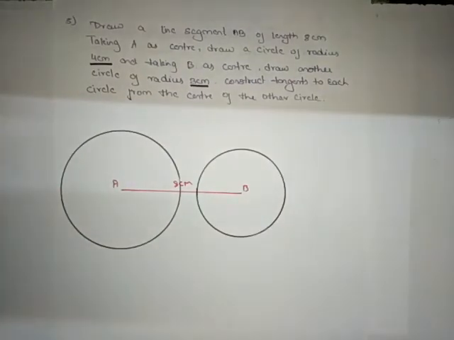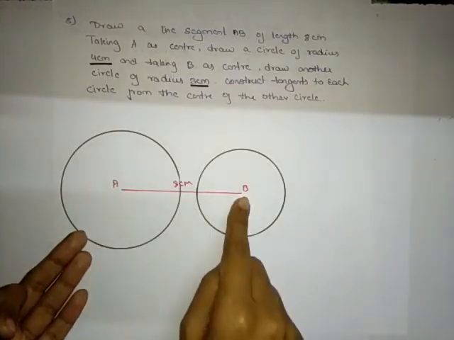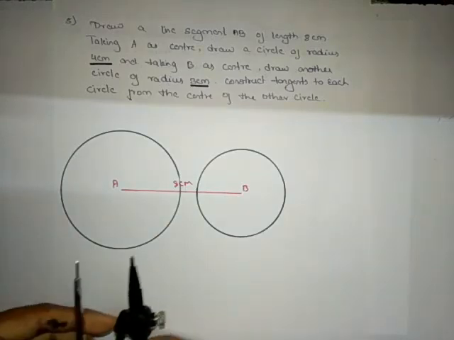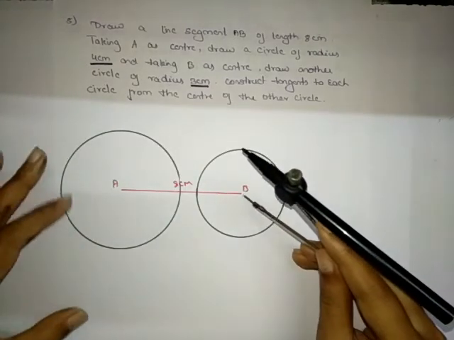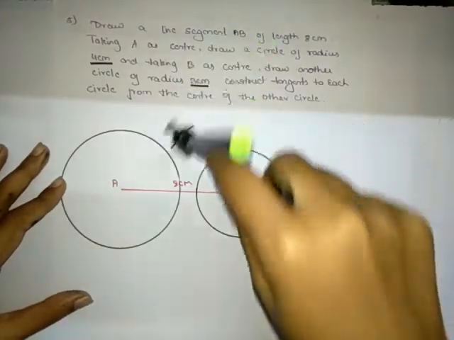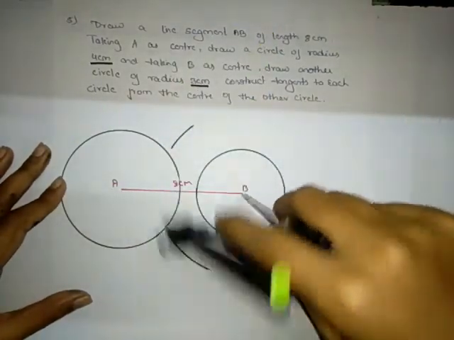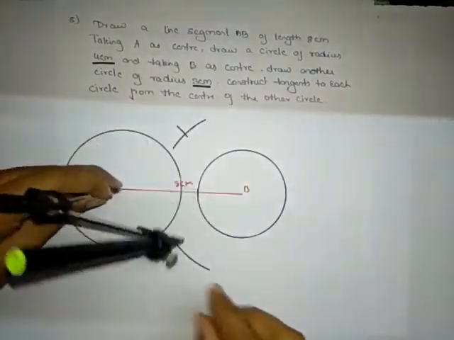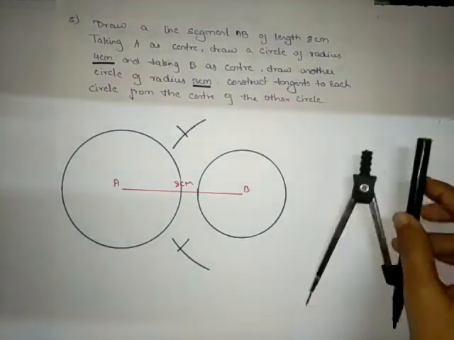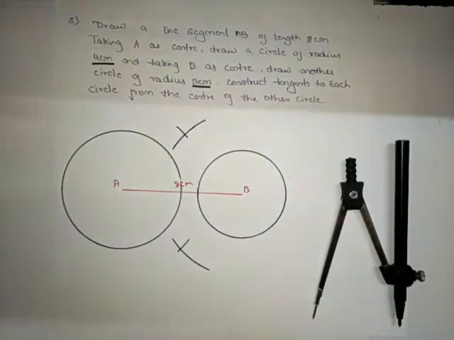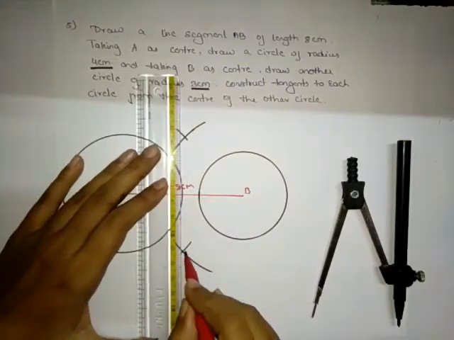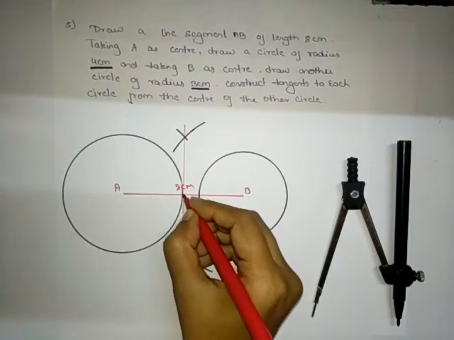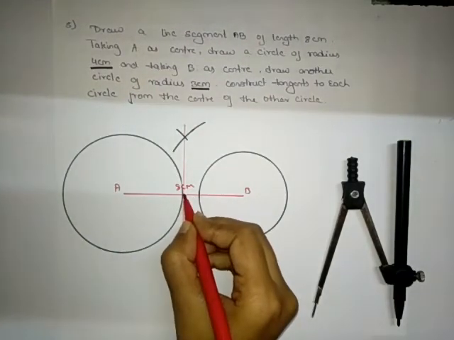Okay. For that, now we need to divide the line segment AB, or we need to find the midpoint of the line segment AB here by taking more than half of its length. I have taken more than half and am taking an arc here. Similarly, at the point B, at the point A. Next, we'll join these 2 points. And here I got a point of intersection.